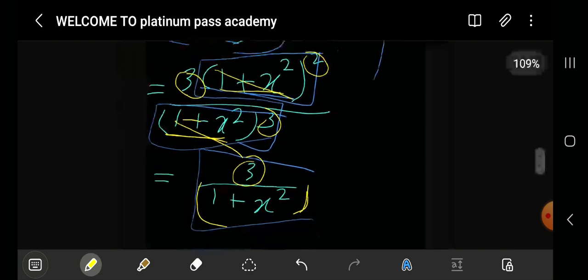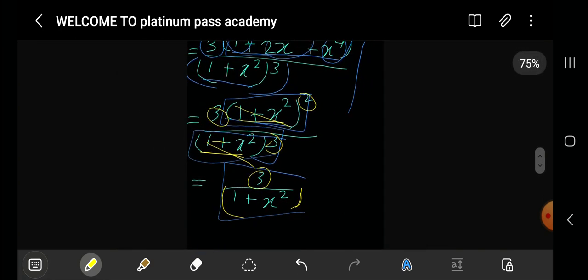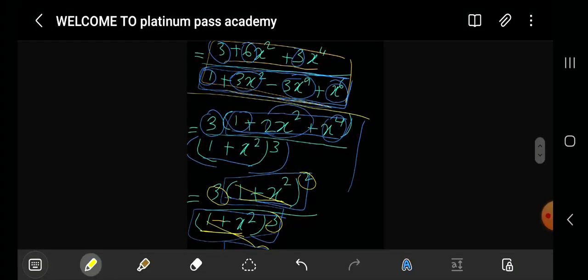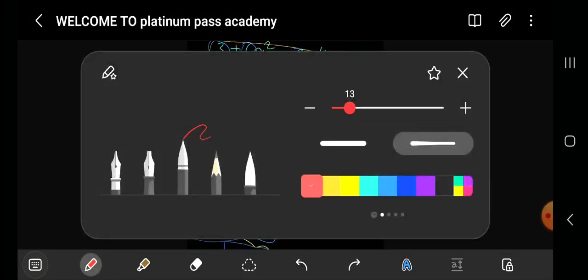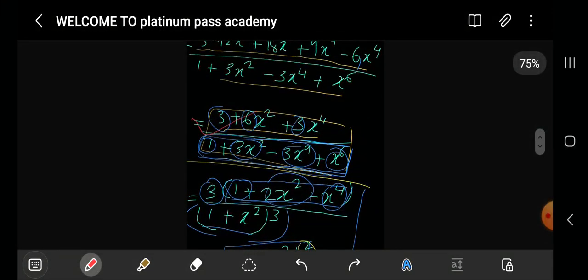So if you want to avoid this simplification, right from here, let me change the color, right from here you can avoid it if you don't